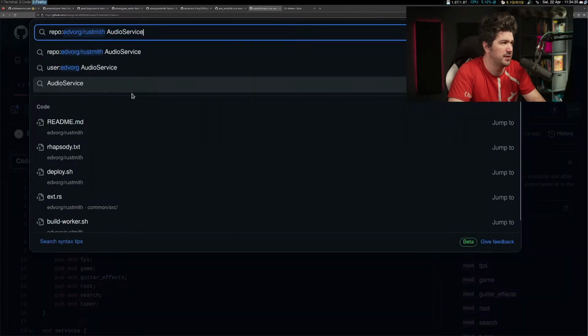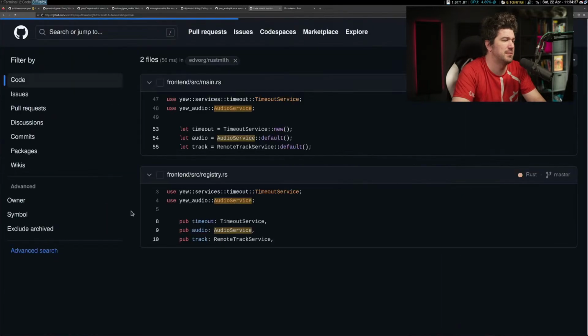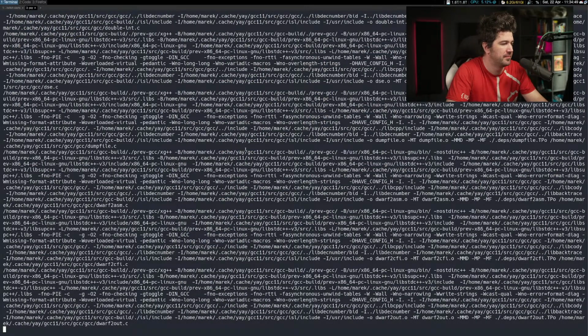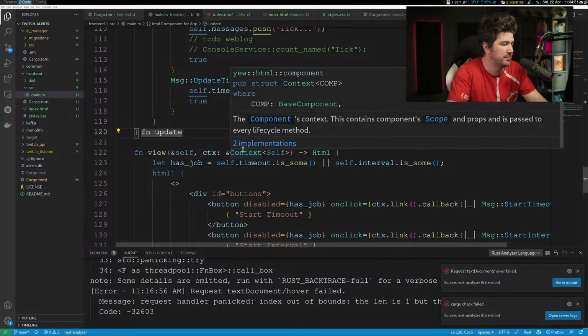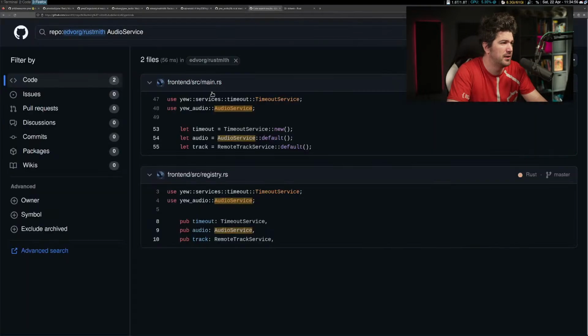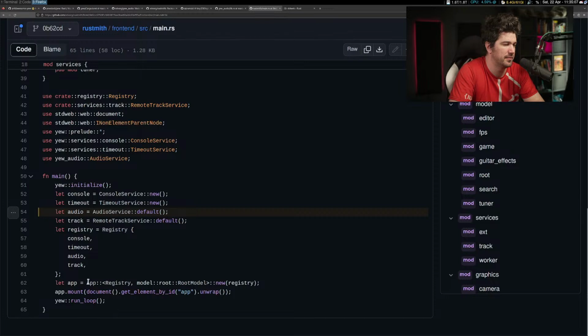We'll just search for audio service inside of this Rust repo. Yeah, okay, here we go. Now we're cooking. All right. So they're just doing audio service, let audio equals default. If we open this up here,